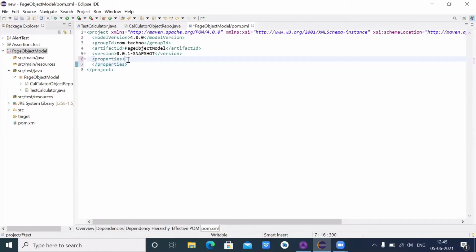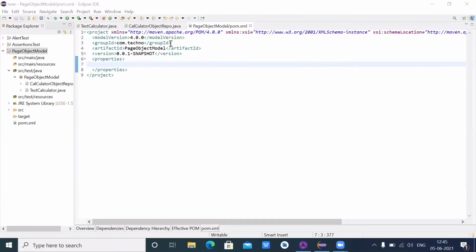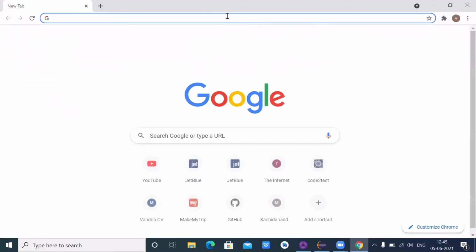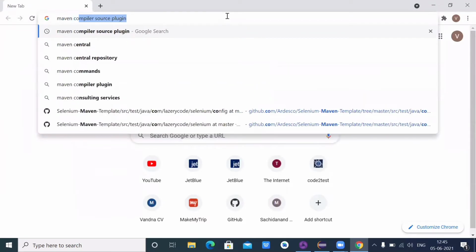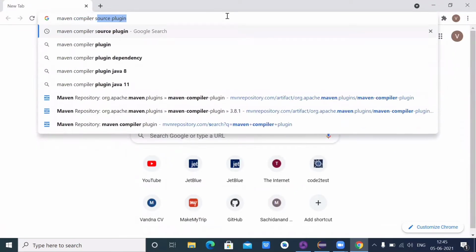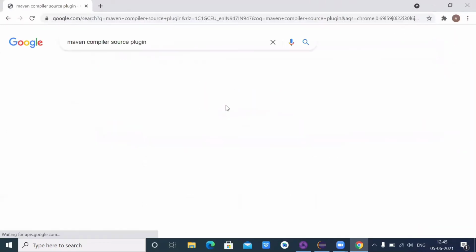Inside this tag I am going to add the Maven compiler source plugin, because currently I am using 1.5 and I want to convert to 1.8. So here I will search in Chrome for the Maven compiler source plugin, and hit enter.